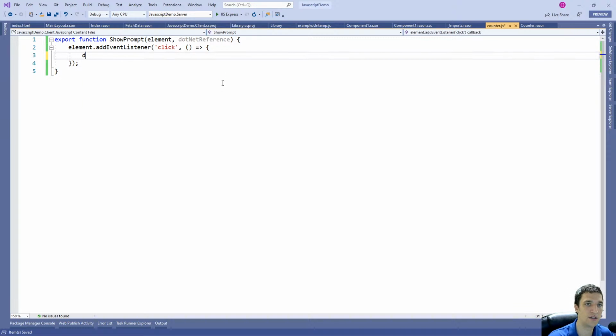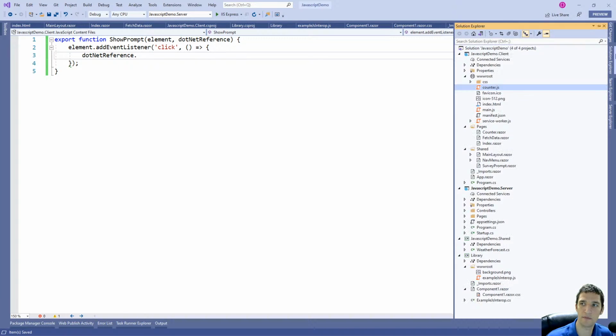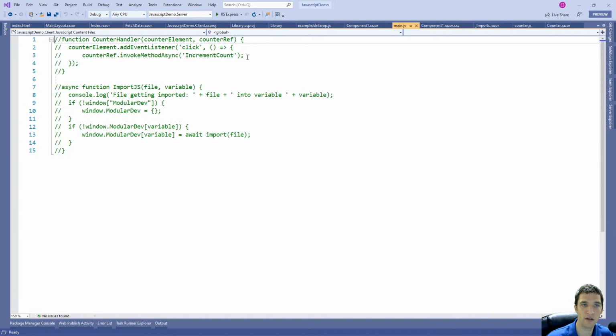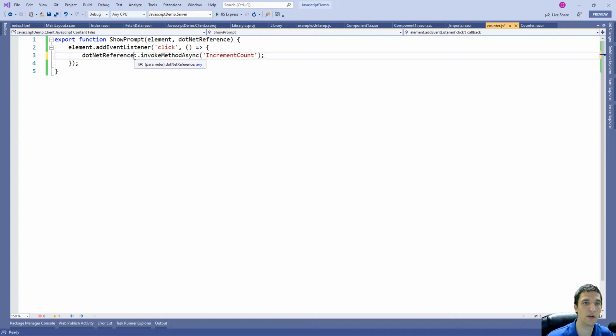So we're going to do dotNetReference dot, and then we basically need to call the C# function. Trying to remember here, this is it: invokeMethodAsync. That's the name of it. So invokeMethodAsync, and then we're going to call IncrementCount